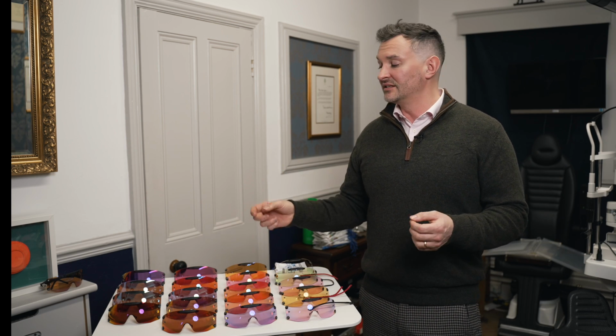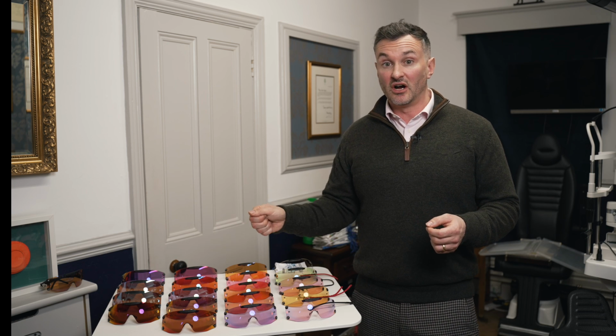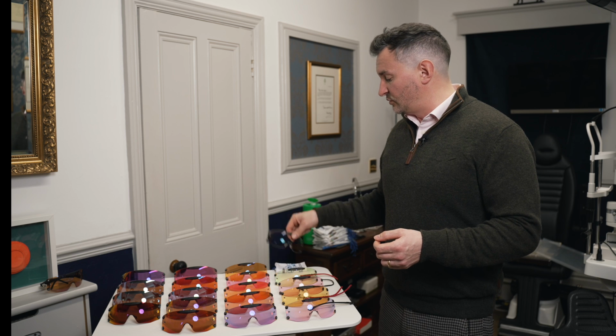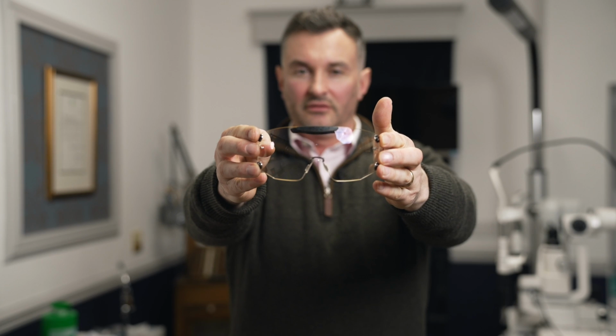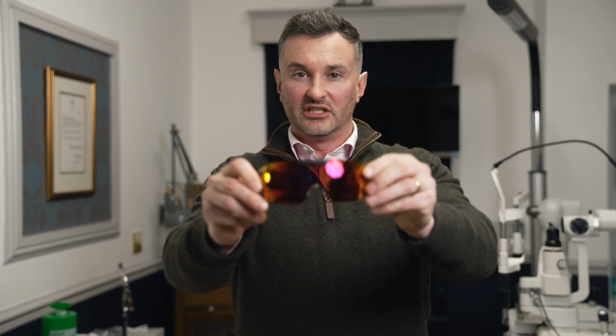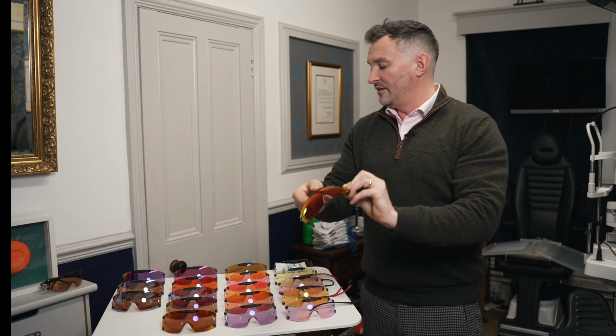Now with the Pilla lenses, remember the lower the number, the darker the lens, and the higher the number, the paler the lens. So at the extremes we have the 98 here, which is almost completely clear. We then have the 9.5, which is the darkest lens that they do, and then we have all of the